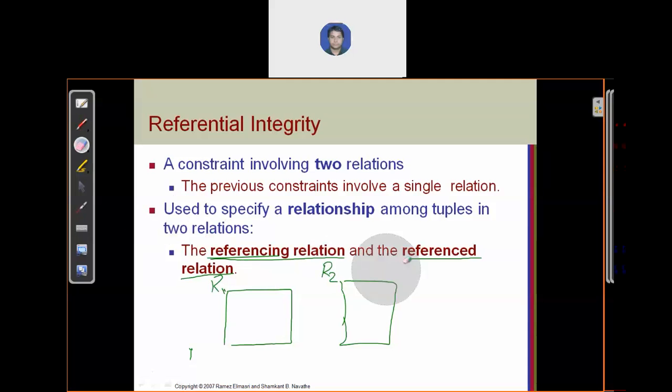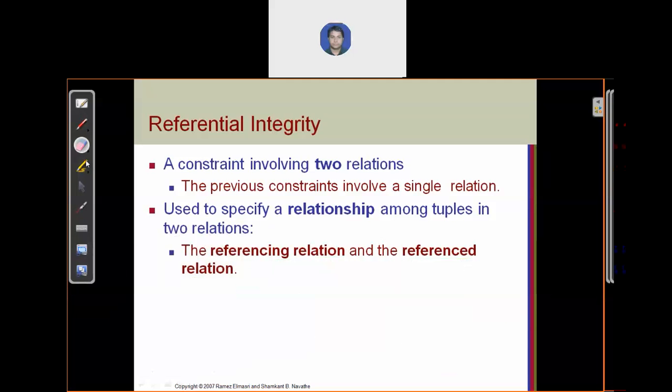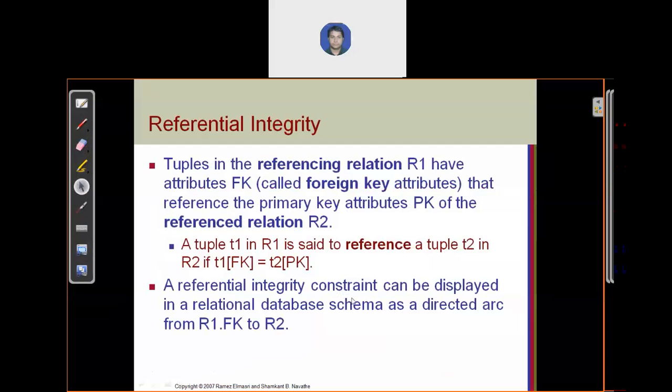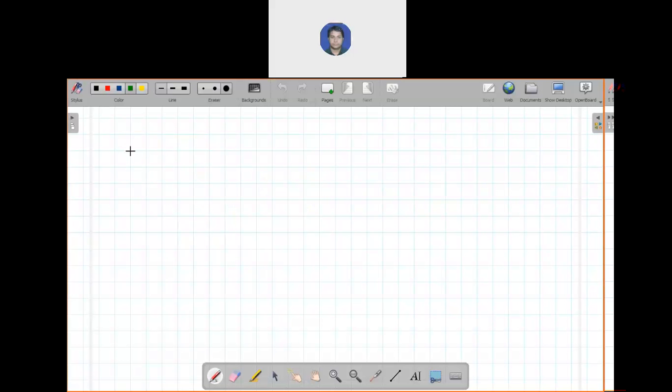Now, what is referential integrity? A tuple in the referencing relation, R1, has an attribute called a foreign key. It references the primary key of the other relation, R2, which is called the referenced relation. Let me write it here.